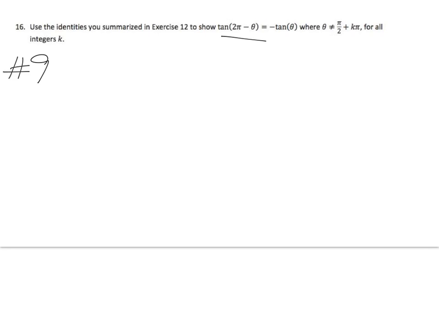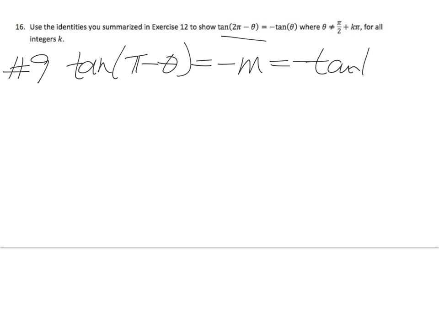It says that tan pi minus theta equals negative slope equals negative tan theta. That's what exercise 9 says. Now let's look at exercise 16. I have